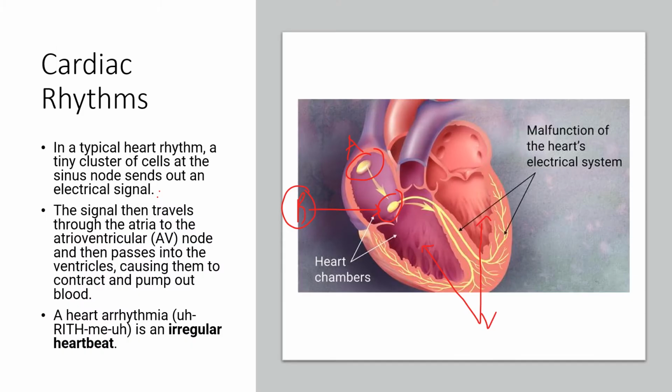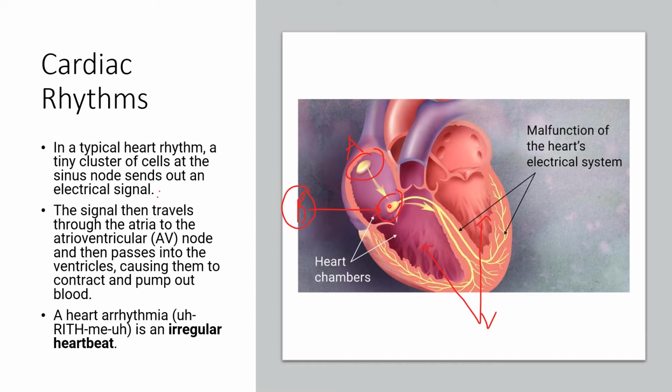So, cardiac rhythms. In a typical heart rhythm, a tiny cluster of cells at the sinus node sends out the electrical signal. So this here, where you see the letter A, will be where the signal is sent. The signal then travels through the atria. This purple area is the atria. So you have the right atrium, and then you have the left atrium on the side. So the signal travels here, and then it goes to the